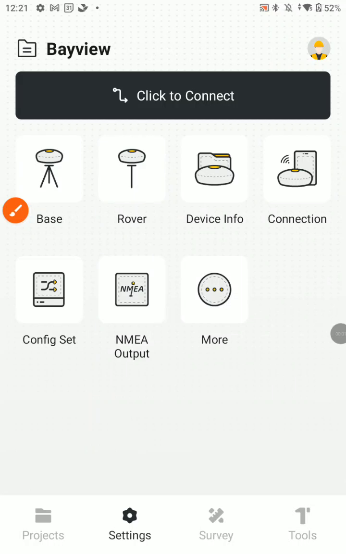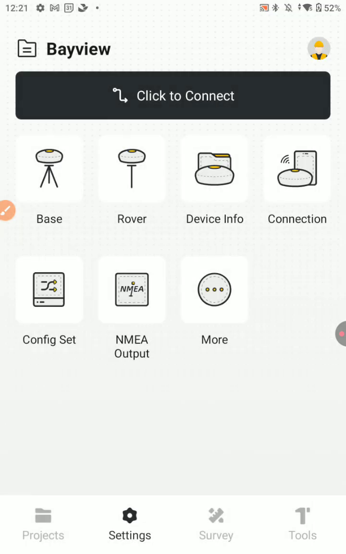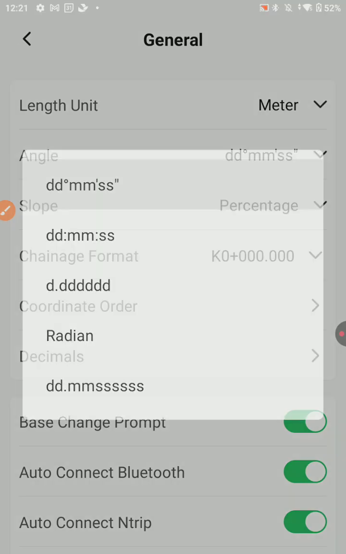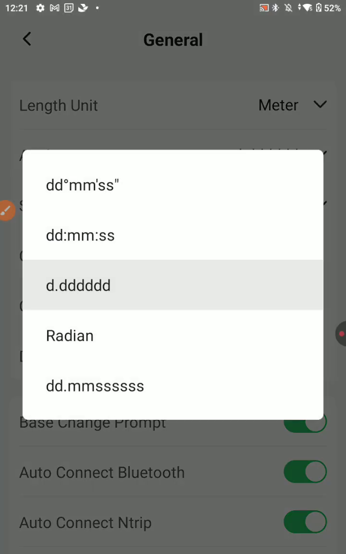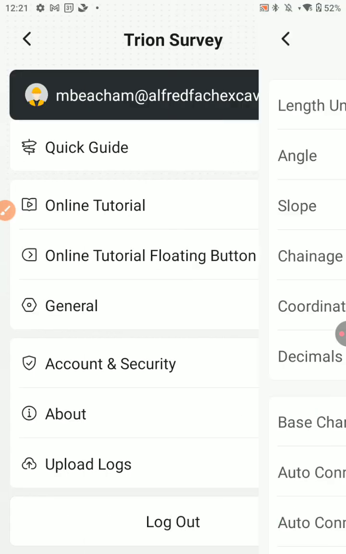Hey, so here's the video of how to start a new project in the FJ app. So first thing you're gonna do, with your degrees, minutes, seconds points, I'm just gonna go to the top right here, click the yellow man with the hard hat, go to our general settings, and just make sure that the angle is set to degrees, minutes, seconds so we can receive your points properly. So you go back